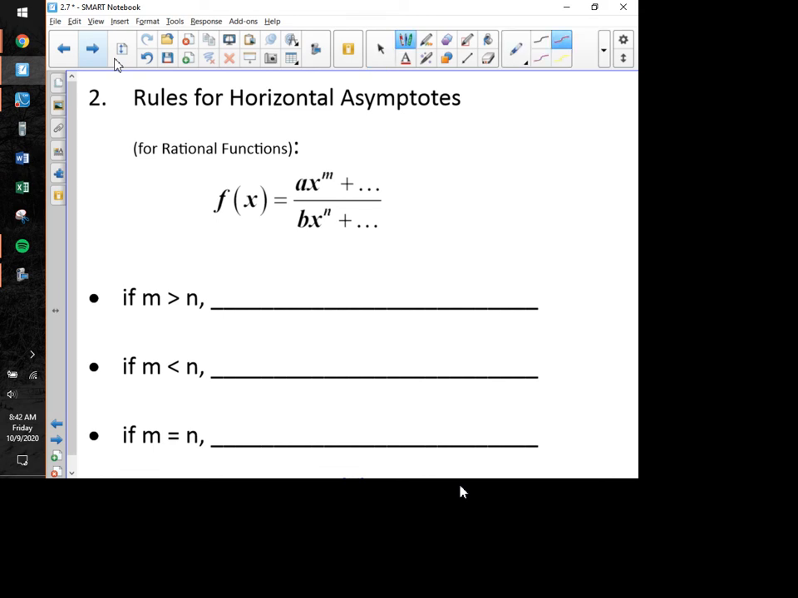Remembering, everybody, that a horizontal asymptote is really the same thing here as a limit as x approaches either plus or minus infinity of your function. And by the way, these rules that we're going to talk about on this page are just applicable to rational functions. So I'm hoping you guys already recognize what it is that we're talking about,